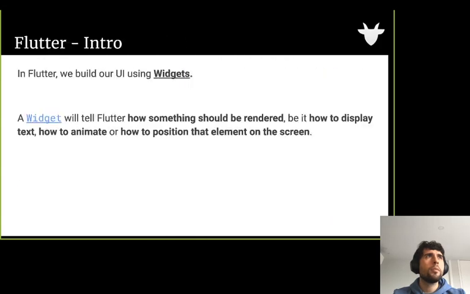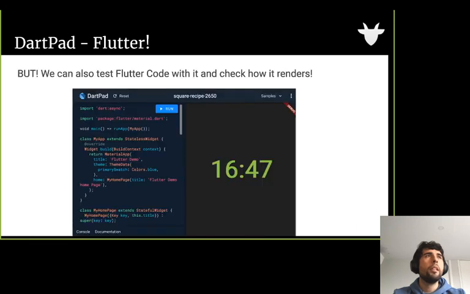Try to go back a little more. Yeah, DartPad. Paste it here, because here you can use all the code that I use and change it to make it yours. Maybe you didn't like the colors. Maybe you wanted to change to your name, or you want to display a different image. Try it and break it.